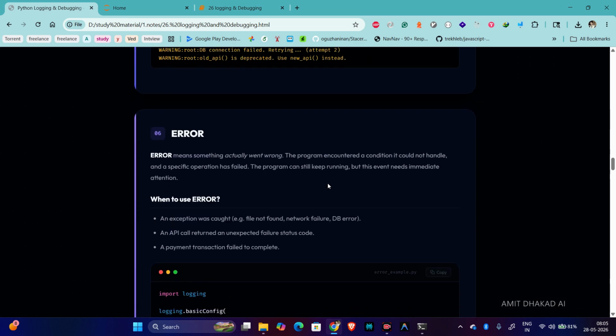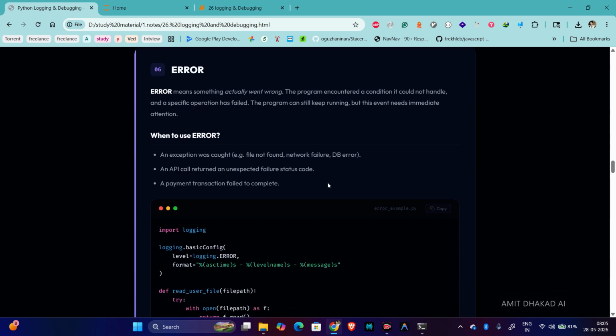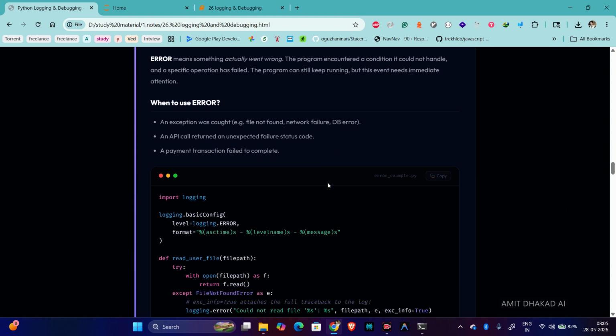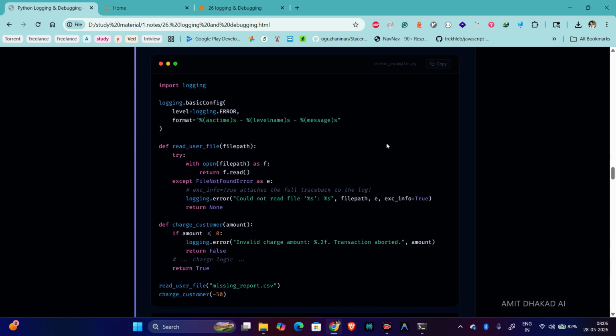Similarly, we have error. Error means something actually went wrong. The program encountered a condition it could not handle, and a specific operation has failed. In that case we need to check, right? If some part of the service is not running, then it will create problems. So for that we use logging.error. Okay, so if I use this one,